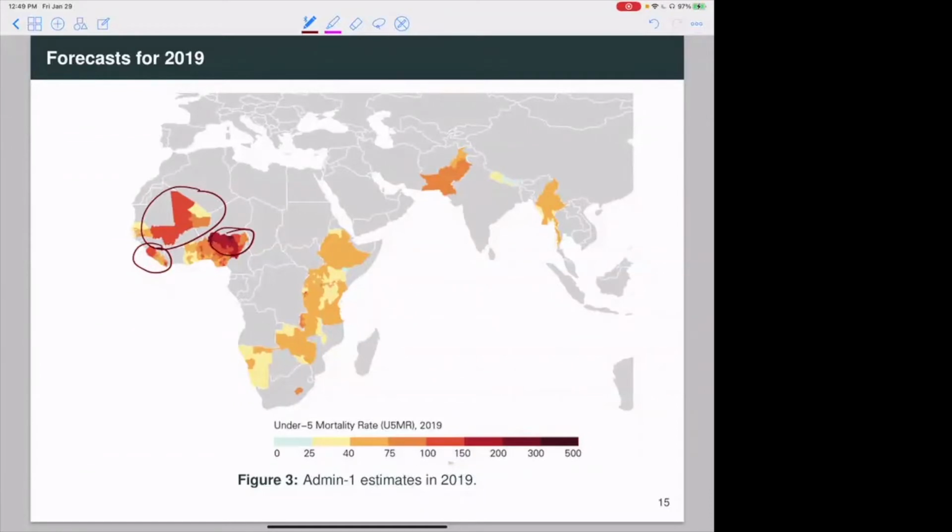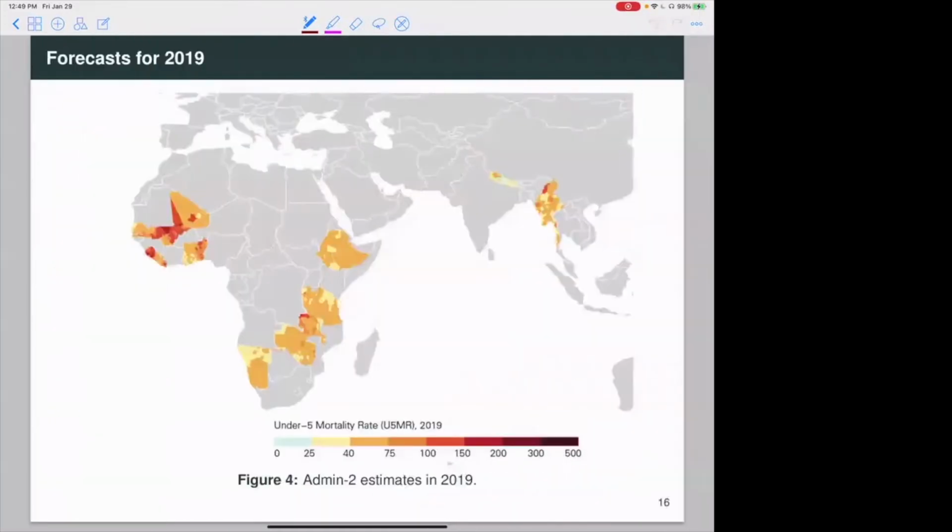And you see we've got good coverage on East Africa and Southern Africa, but less elsewhere. One of the aims is to improve this as time goes on. And these are our forecasts for